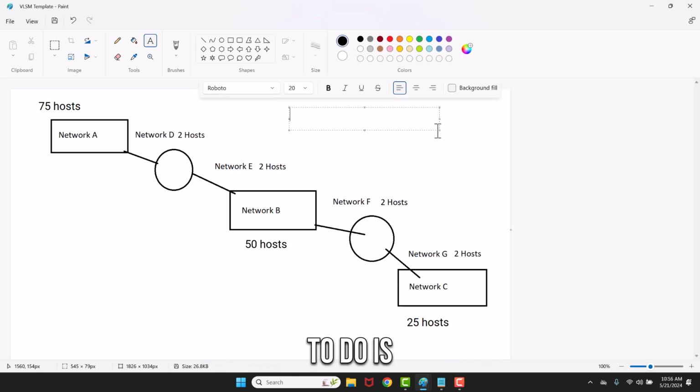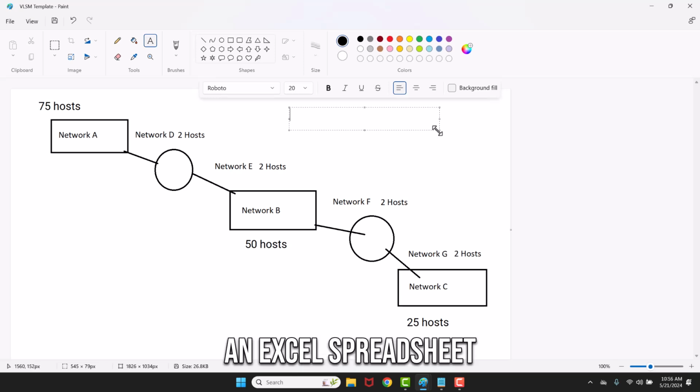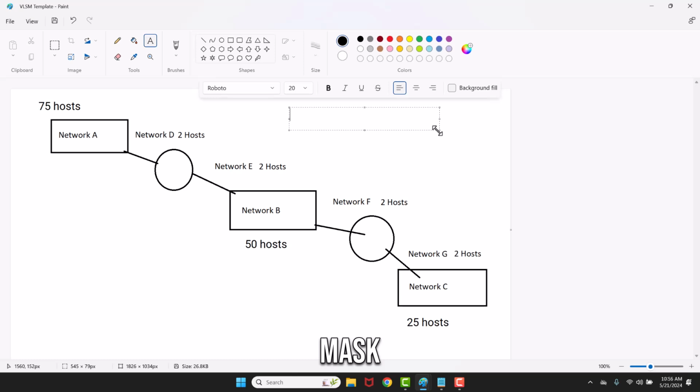All we need to do is use one of those 2 charts. So I'm going to actually use both. I introduced an Excel spreadsheet looking chart in the last video about subnetting for a certain number of networks, and I will be demonstrating how to come up with the mask with both charts. So the first chart we're going to be using is that 8-line chart that we started the very first video with, and then we'll be going to that chart that I demonstrated in the last video on subnetting for number of